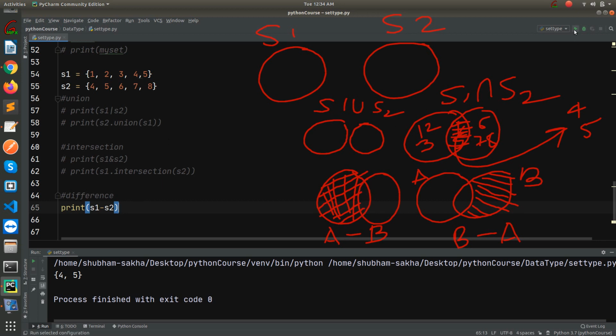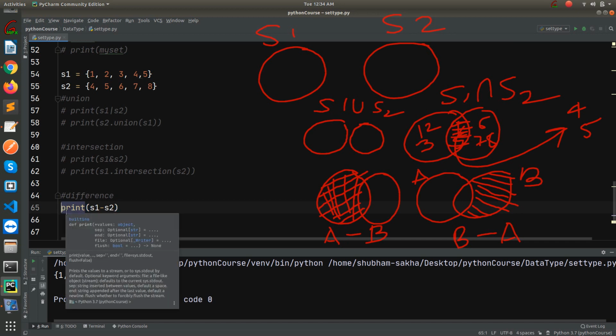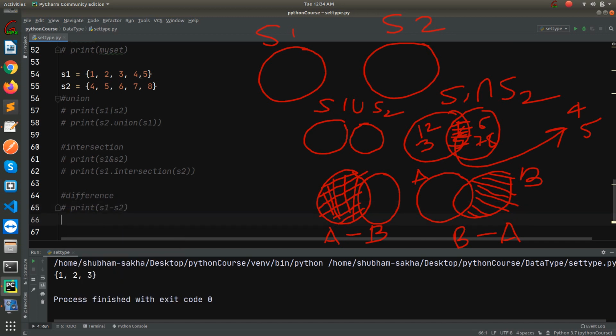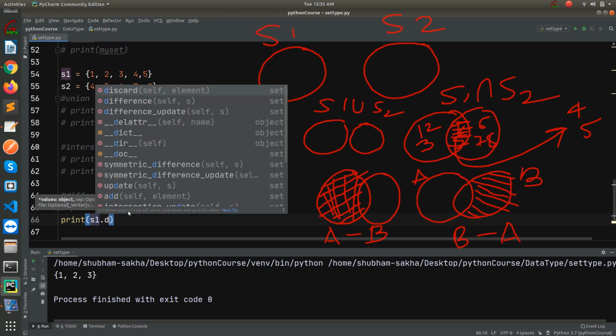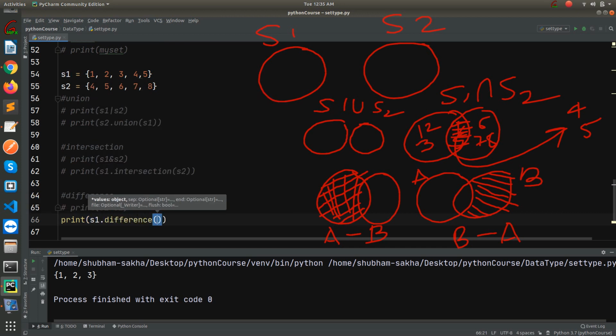So if you run it, you will see 1 2 3 as the output. So we can try out the difference with the subtraction operator, or we can even call the difference function, print S1 dot difference S2. If I run it, you will see the same result, 1 2 3.